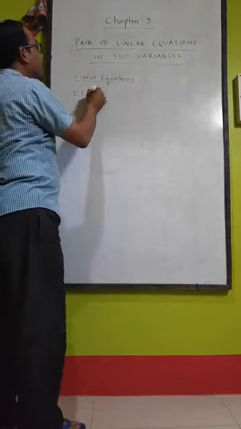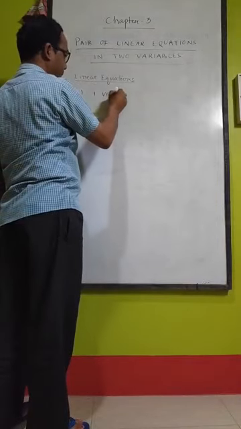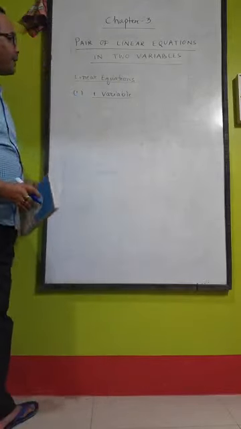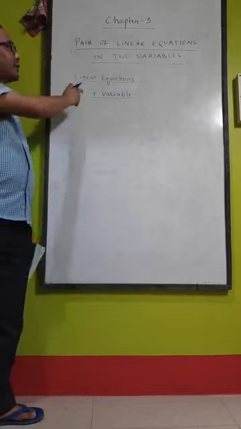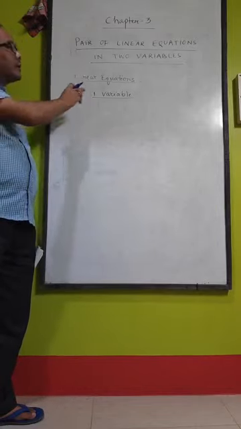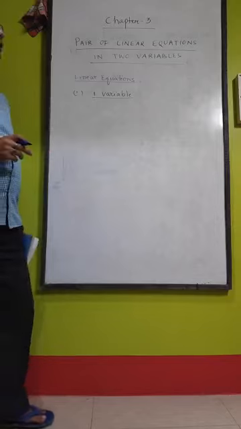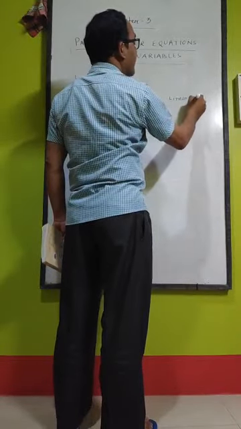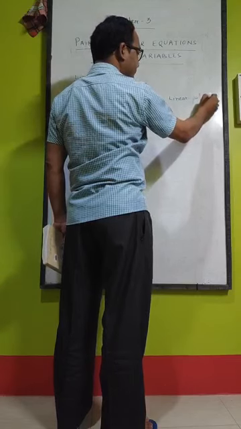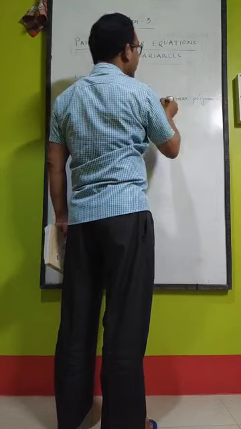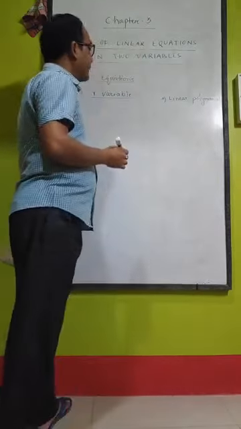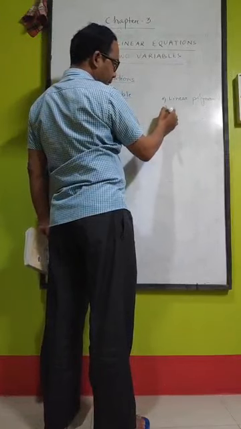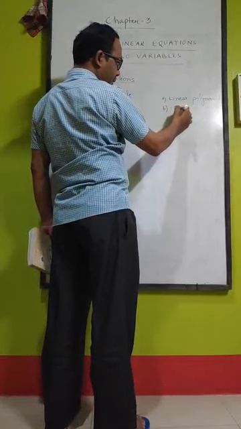First, we can remember for one variable. Whenever we talk about the linear equations, we have to remember the idea of linear polynomials. You remember the idea or the concept of linear polynomial. Then after remembering this concept of linear polynomial, then we have to remember for equation